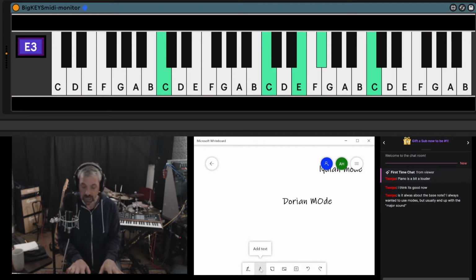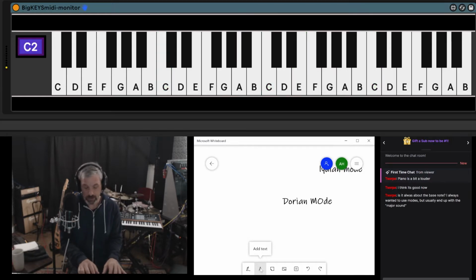And so this is now C Lydian. C Lydian is that scale. And so if I improvise over C in the bass,